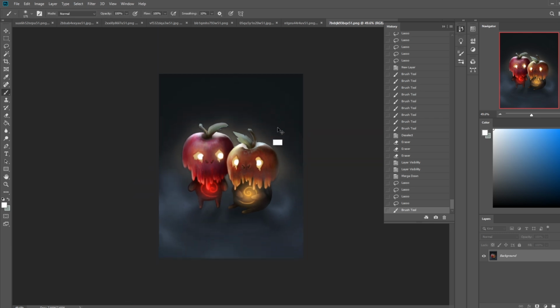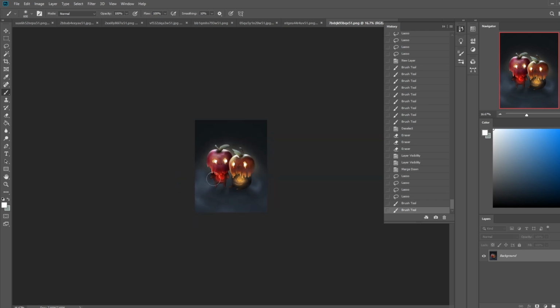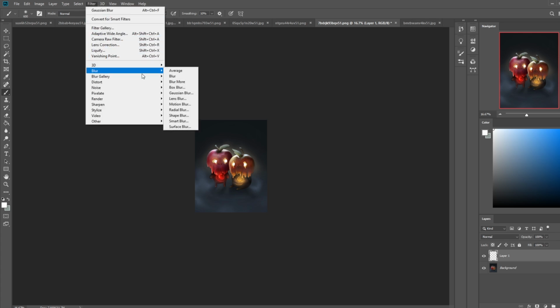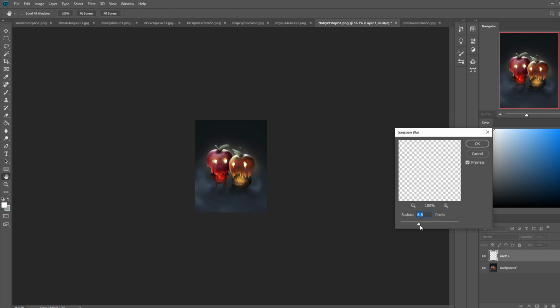Yeah, we would see the inside of the apple illuminated too, at least for this little chunky fella. And then filter, blur, just because I ain't got the time.